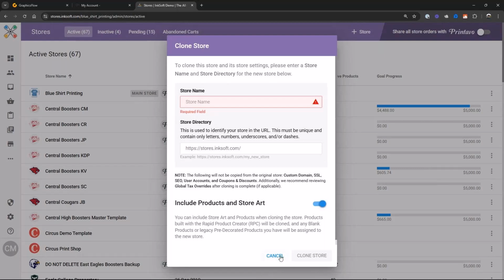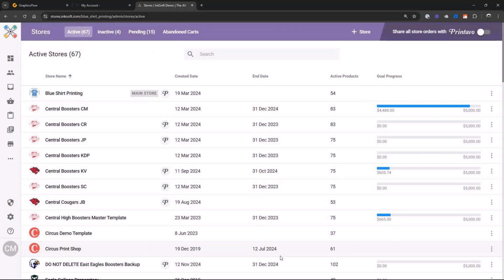We use an internal tool at InkSoft to track usage, to see what features people are using, how they're using them, how often they're using them, generally just metrics around store usage. And so when we introduced the new user interface about a month ago for store templates, we saw a massive increase in the amount of people that were using cloning. And cloning has now become the number one way that people initiate stores in InkSoft, which is super impressive, and it's what we want. So I'm going to go over here and click on Plus Store,